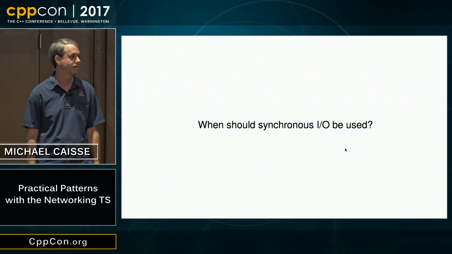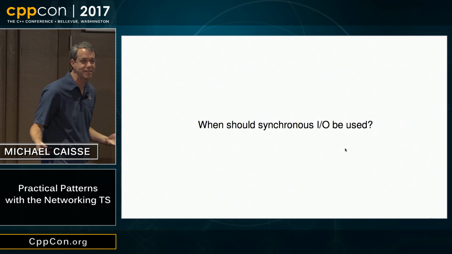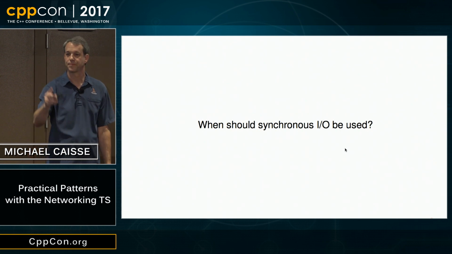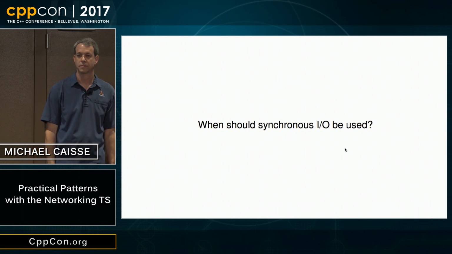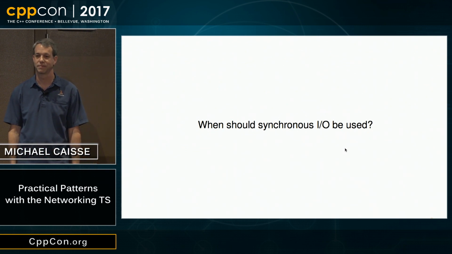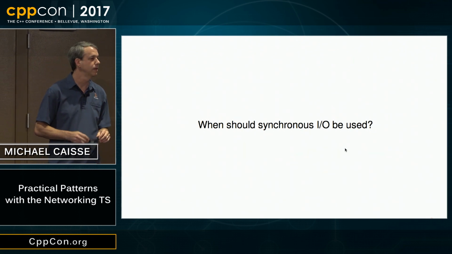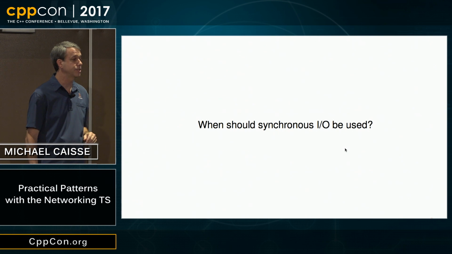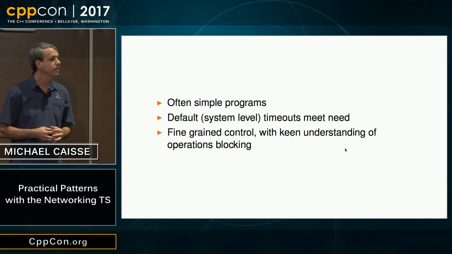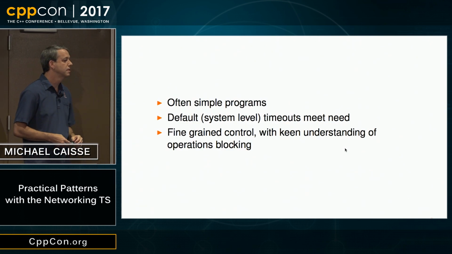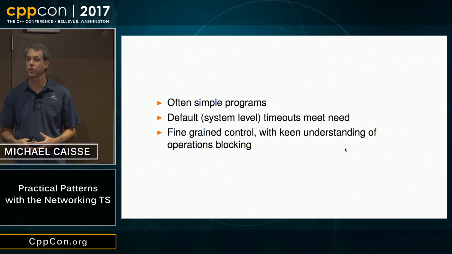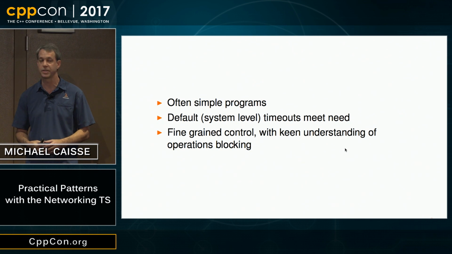Absolutely. There's no reason to add a lot of complexity in your system to add complexity in your system, right? When you already have a background task, then you don't need it to be synchronous. Yeah, okay, there's already a background task going. So in essence, there's some other task running. You need to synchronize with some other processes. All right, so often simple programs, the defaults of your system are appropriate for what you're trying to solve. Those are 2 good times.